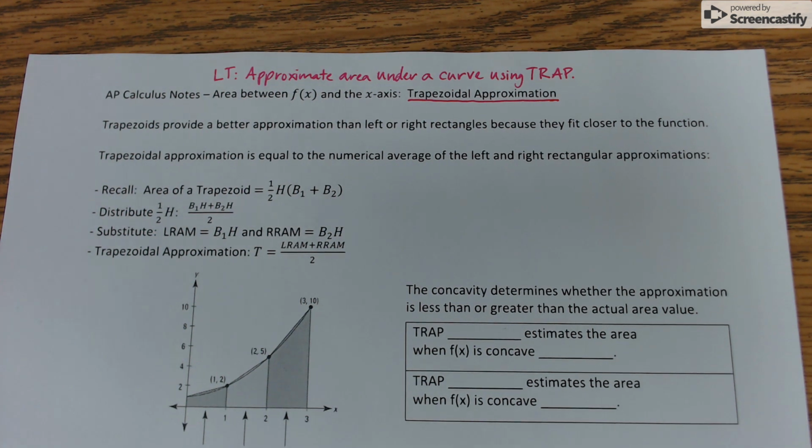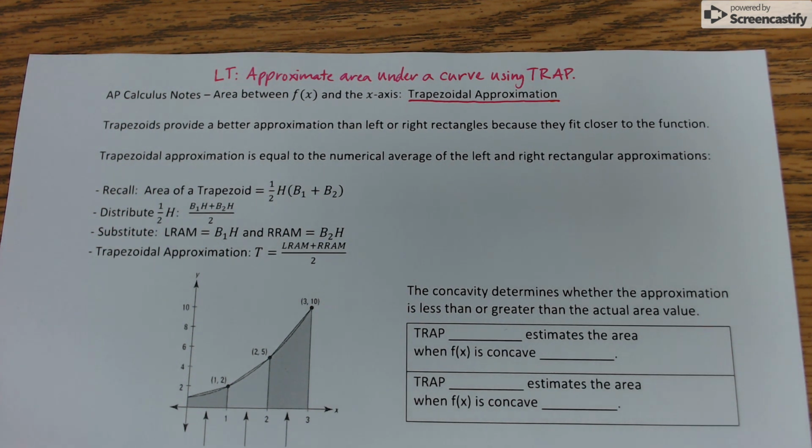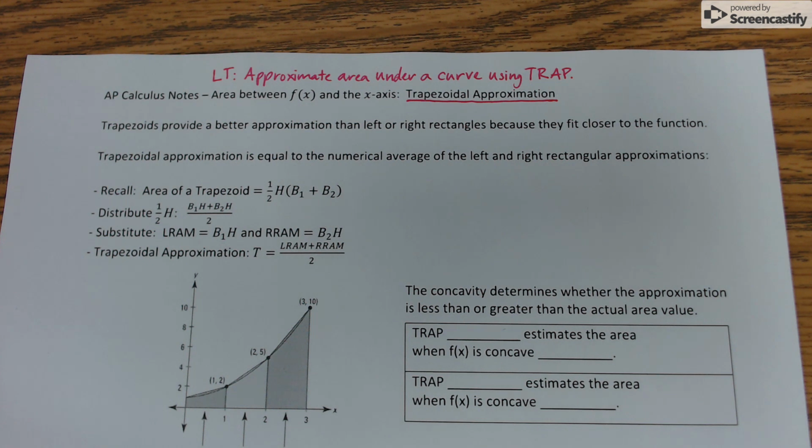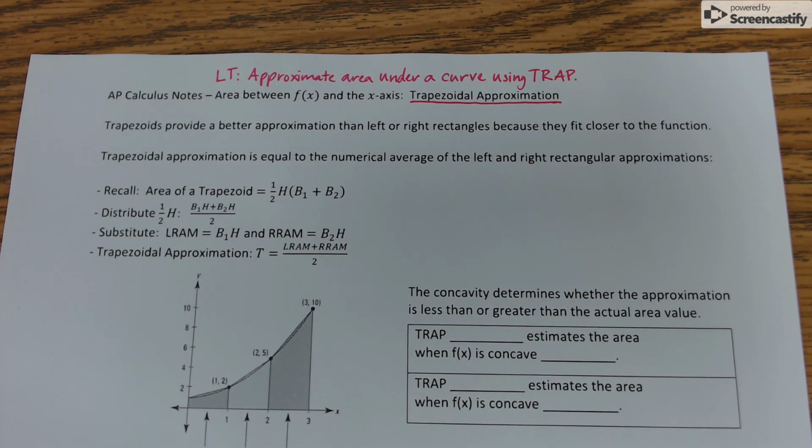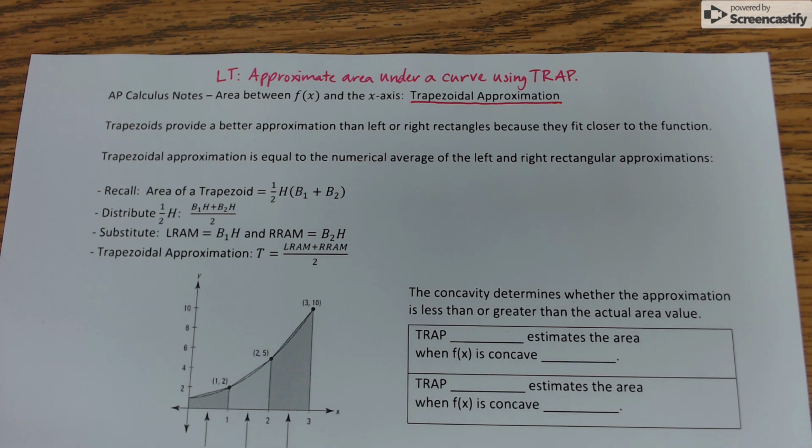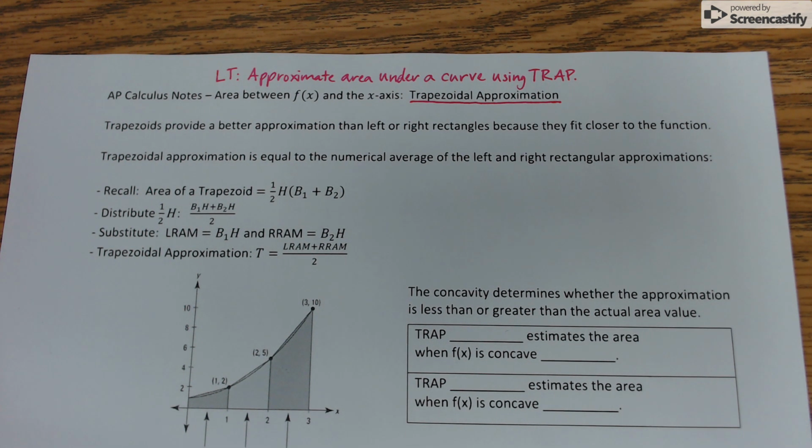In our last lesson, we learned that finding the area between a function and the x-axis gives us the change over time when our function is a rate of change. And we started approximating area using rectangles, which you probably noticed were pretty bulky. A lot of the times they went over the function, sometimes they went under the function, and they didn't give us a great approximation. So mathematicians quickly realized there was a more efficient shape to use, and that is a